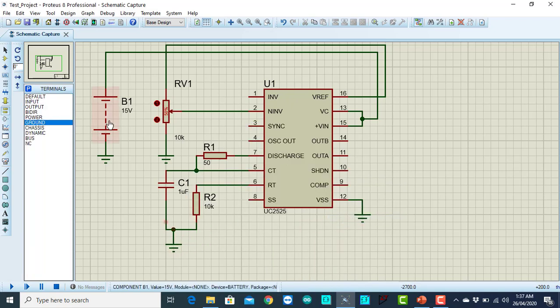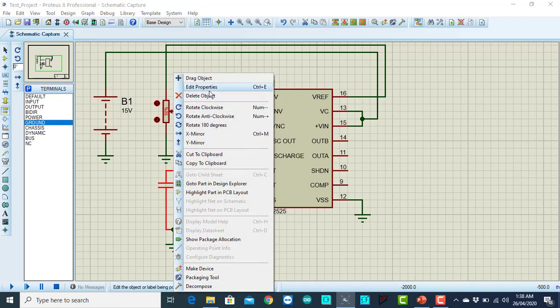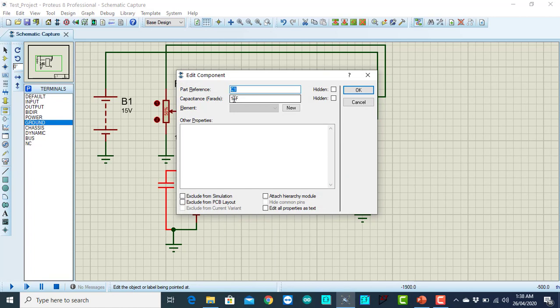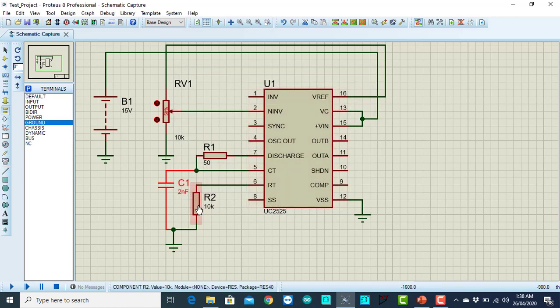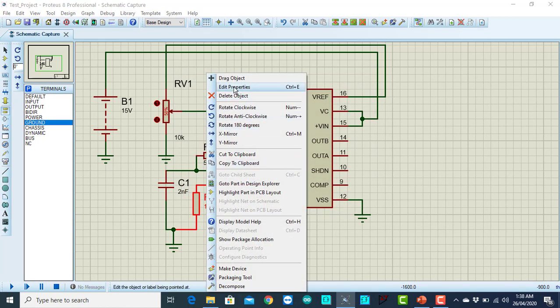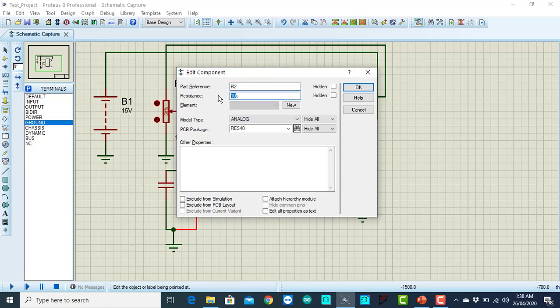The value of CT will be around 2 nanofarad, and then the RT should be around 20K.